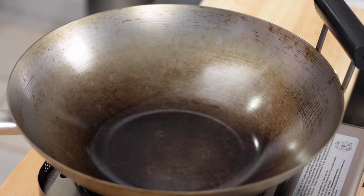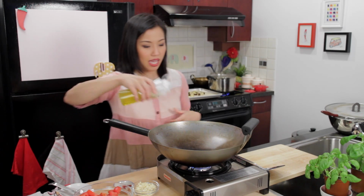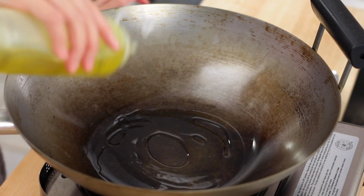So I always set the timer 1 minute less than what the package says to do because I want the last minute of cooking to happen in the pan. It'll help the pasta absorb the sauce better. In my wok here, I'm gonna just put the heat quite low,